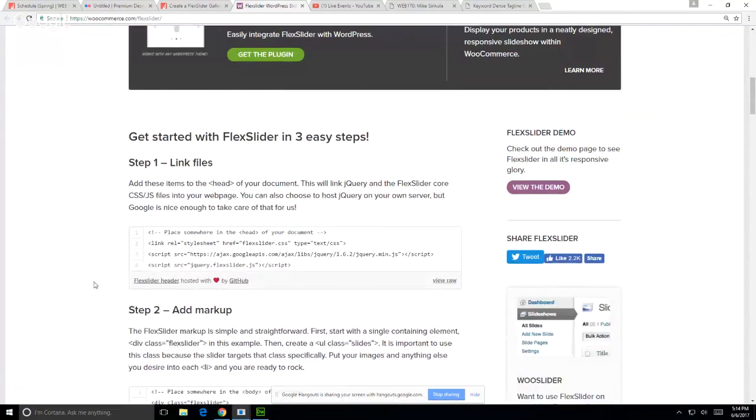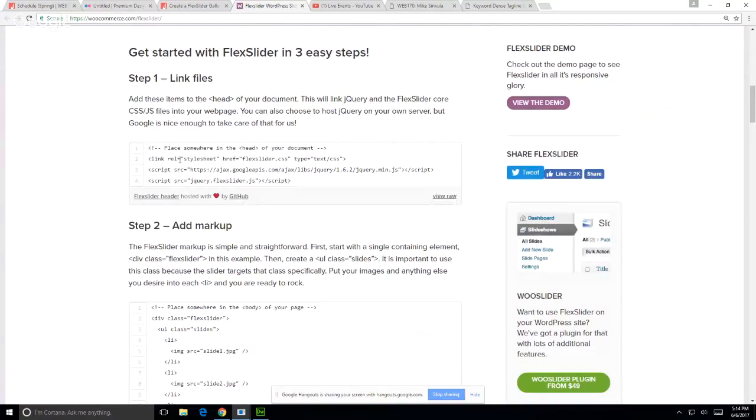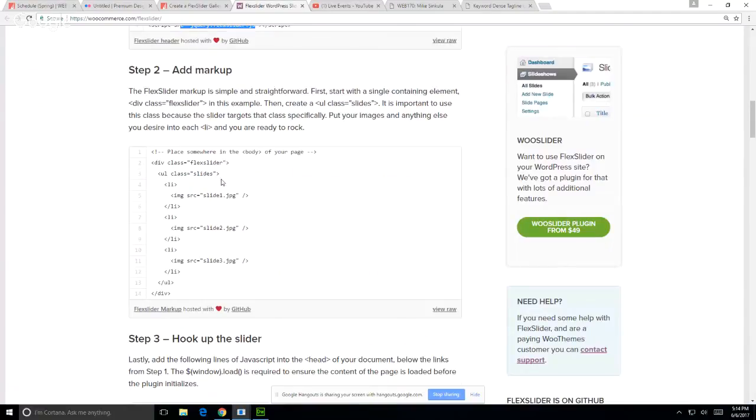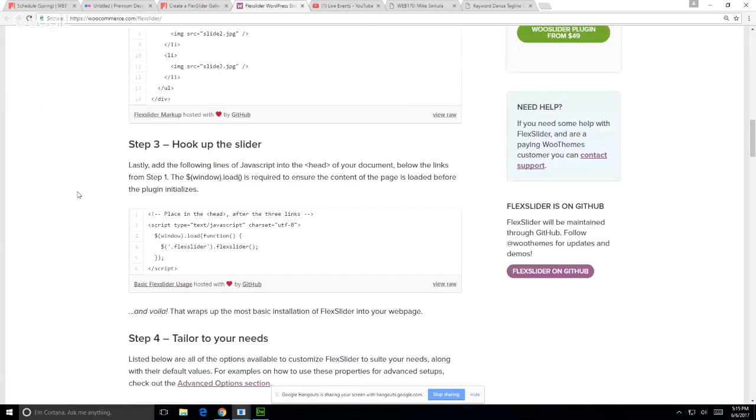Then how it works is you have to place a link to the FlexSlider.css. You have to link to a jQuery library. You have to link to the FlexSlider JavaScript file. You need to add your markup: div class FlexSlider, UL class slides, list item, image, list item, image, and so forth. The list items are what actually slide, not the images. Okay? You hook up the FlexSlider,